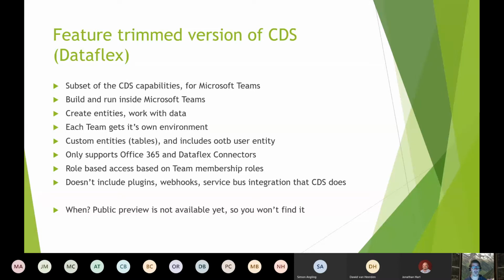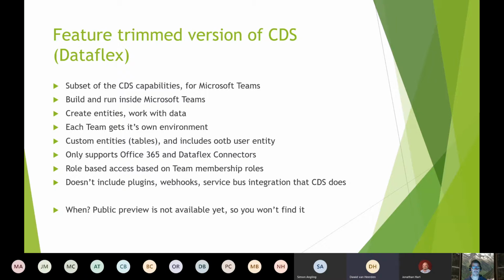So it won't be, you can have a 14 terabyte DataFlex environment for a team. Initially, I think it's going to be capped at about 1 gig, but I might be a bit wrong there. Yeah, so in CDS or DataFlex Pro, you can have unlimited space, where in Teams you're limited and you can't buy more.